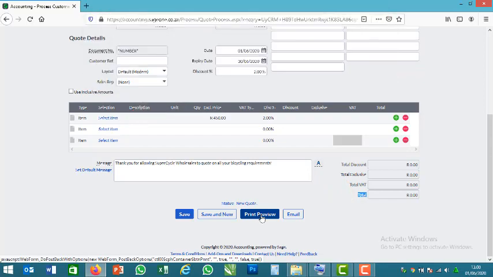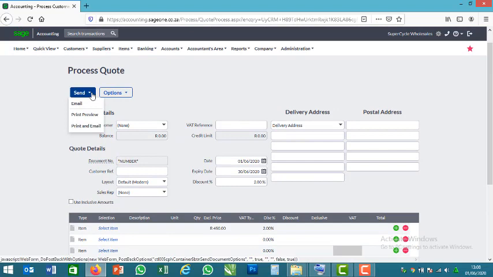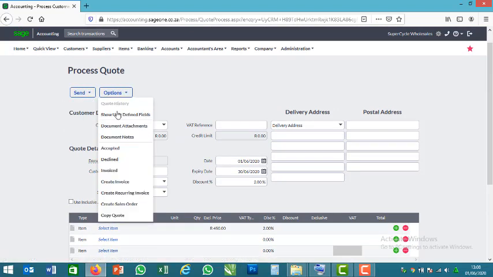Print and preview, or you want to send as an email to the customer. So you have sending option, print and preview, print and email. So there are other options here. You can show user defined fields, documents, and attach some other documents, document notes, accepted, declined. So these are other information that can be used once